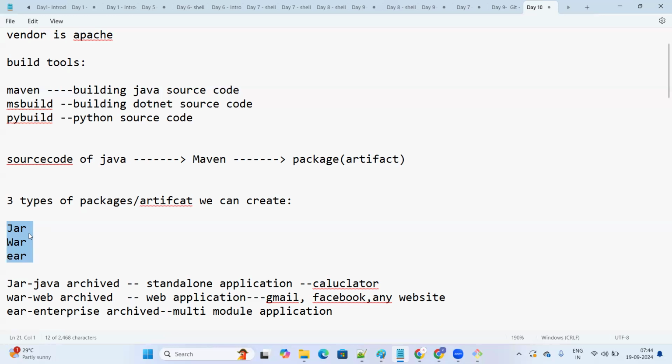While writing the source code, the developer will also write a pom.xml. Inside the pom.xml, he will mention what type of artifact should get generated, whether it should have a .jar extension or a .war extension. Based on that, the artifact will be generated. Fine. Now,